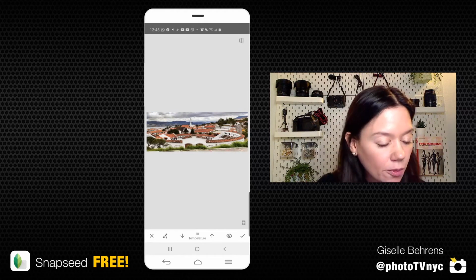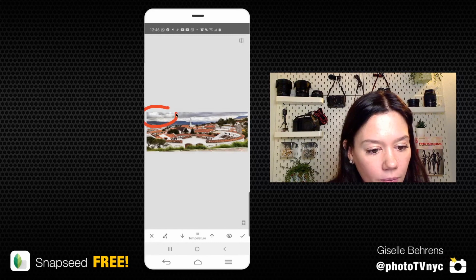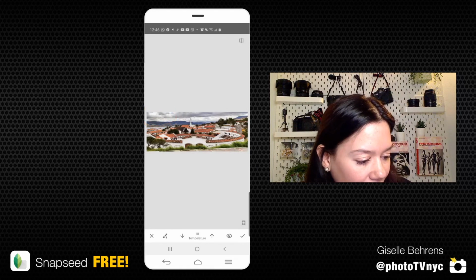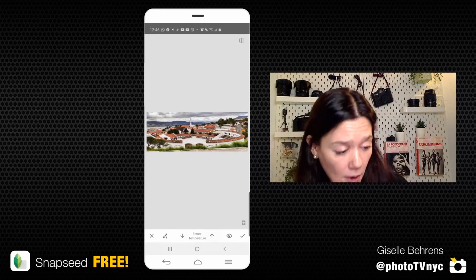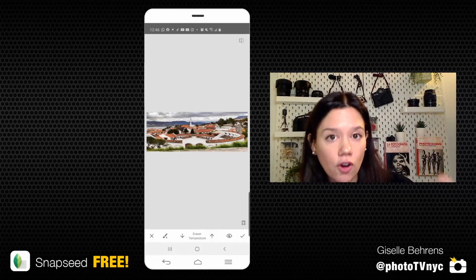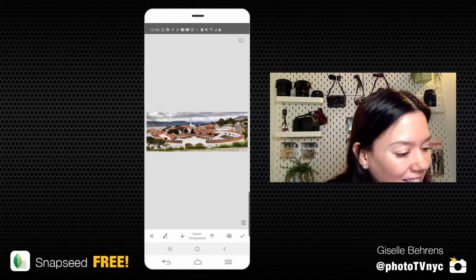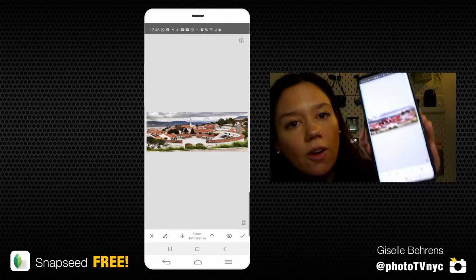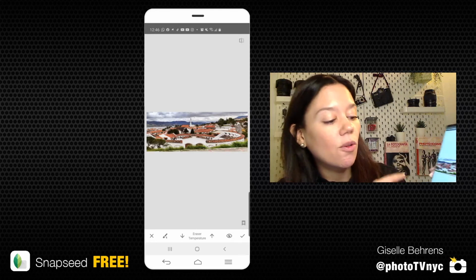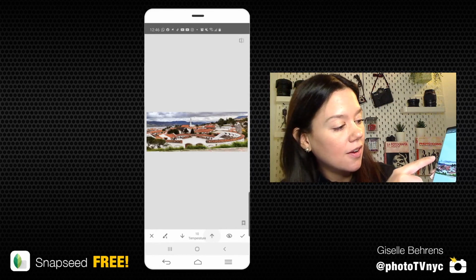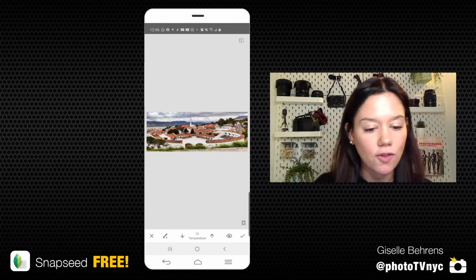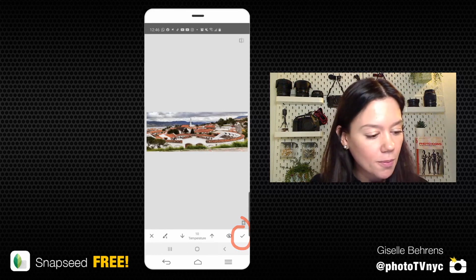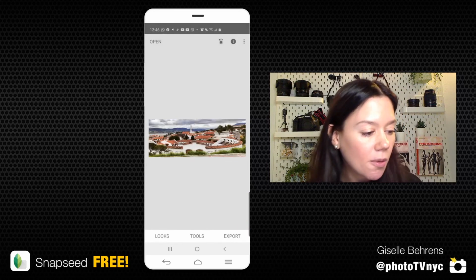I feel that I went a little bit too overboard on this area. So I'm going to see if I can lower this temperature with the eraser. You just tap on this arrow at the bottom, and it's going to diminish your values all the way until you get to eraser. Then I'm slightly going to tap on that area that I mentioned, and it erases it. So I'm going to go back up to 10, slightly paint it, and I think that around there I'm happy with my image. I'm going to press my check mark, take a look at my image, check out the before and the after,